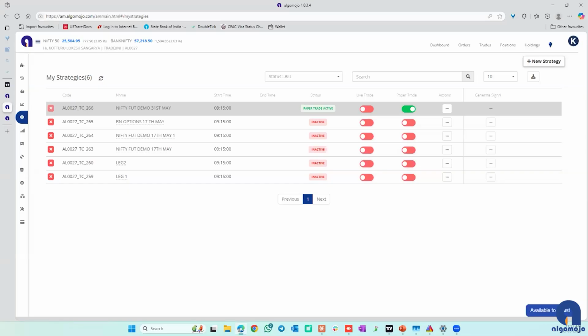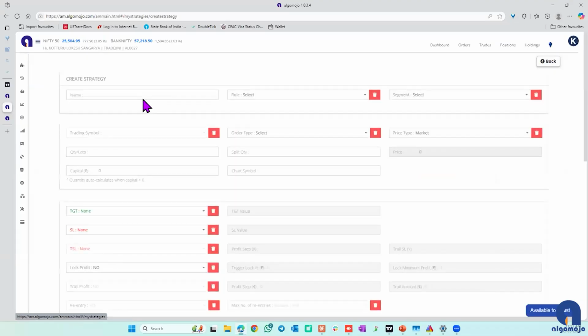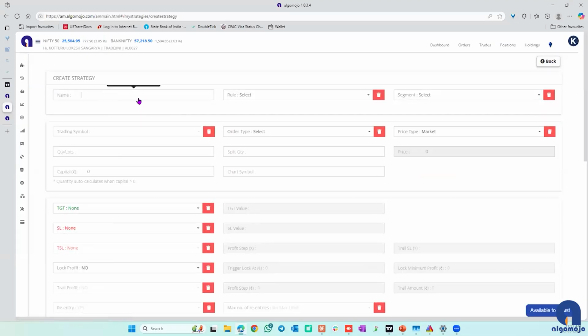Yeah. How do we test for Nifty options without market hours? How do I do that? We'll see that also. So let's try and create one options chart for, say, Nifty itself. I'll give a name as Nifty